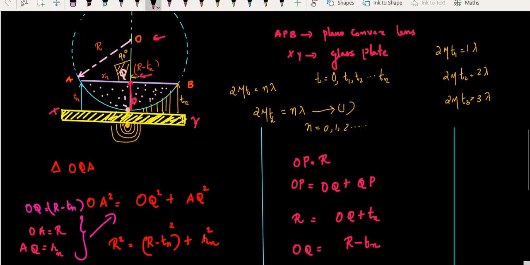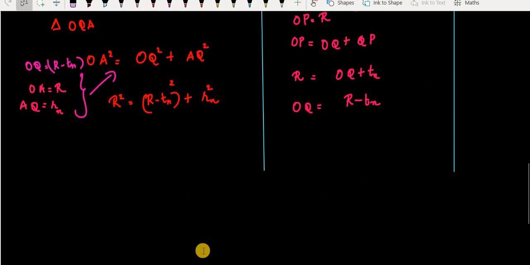So we have R square is equal to (R minus Tn) the whole square plus Rn square. So you see here we have something in the form of (A minus B) the whole square. What is (A minus B) the whole square? (A minus B) the whole square is equal to A square minus 2AB plus B square. Similarly, we can expand this term. So the equation becomes